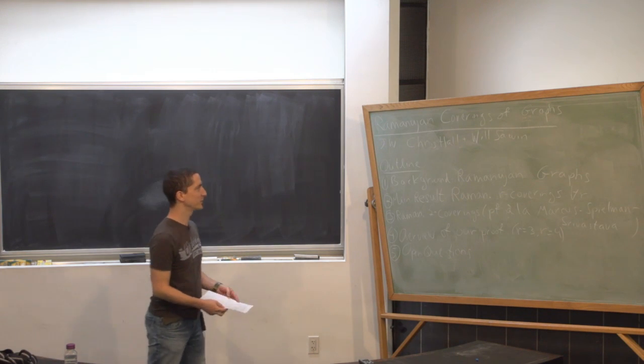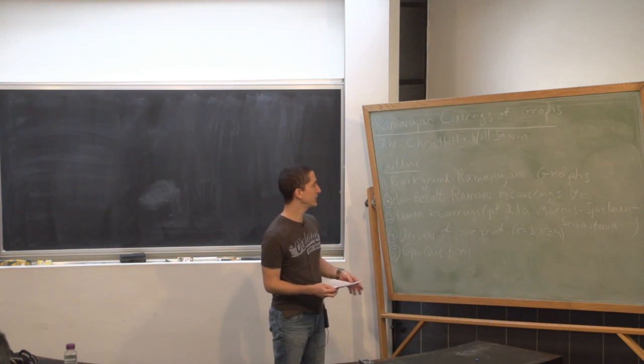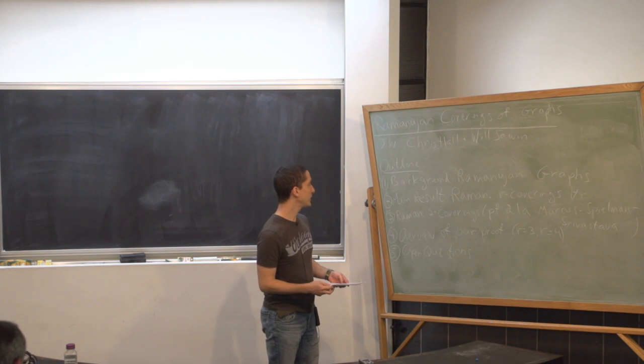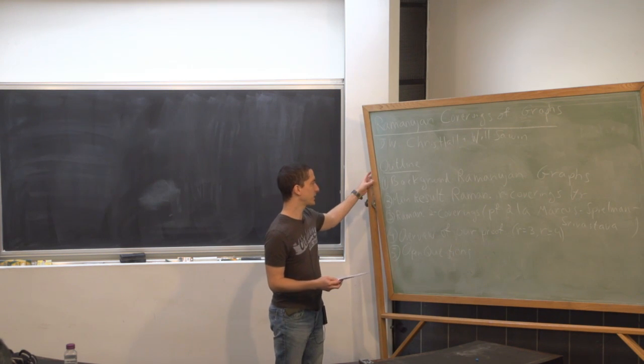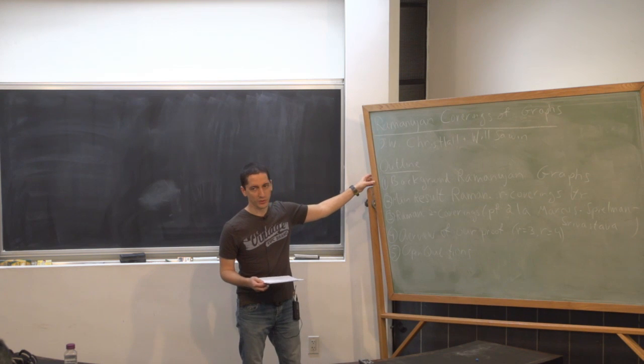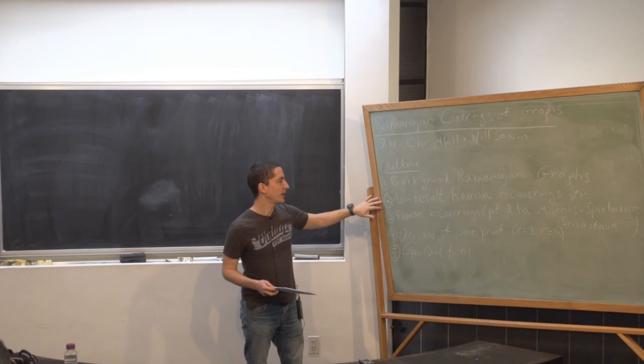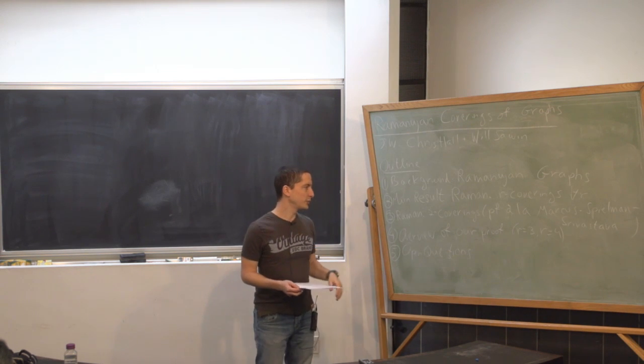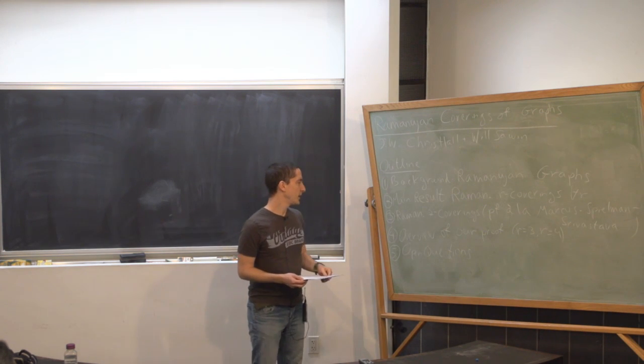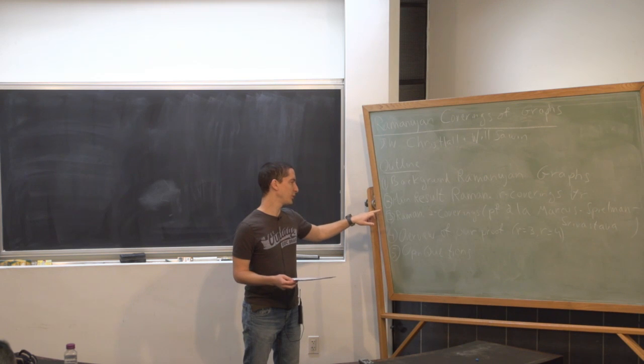Okay, so this is joint work with Chris Hall and Will Sawin, and I wrote the outline. I will start with some background, define Ramanujan graphs, and tell you why they are interesting. And then I will state the main result. It's about Ramanujan coverings of graphs, and then I will give a quick overview of the